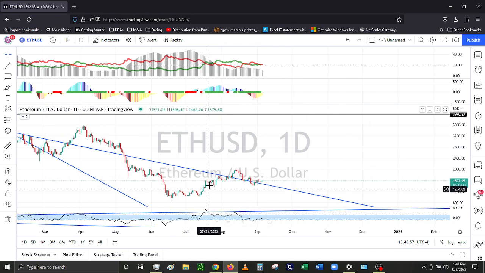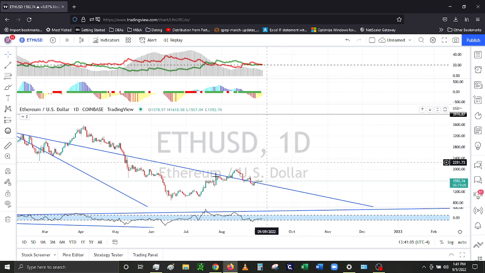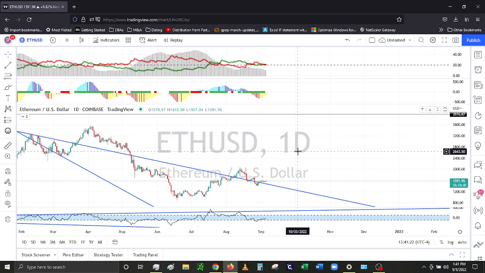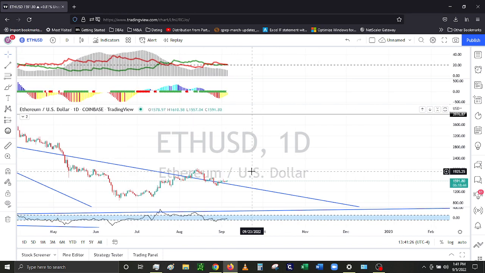If you look here, this pattern is actually forming one specific type of head and shoulders, where there are double shoulders and then a head. Right here, around 1425, is the neckline. If it breaks that, it is going to bust to the next lower degree. But right now it appears to be holding, so we'll see what it goes on to do.